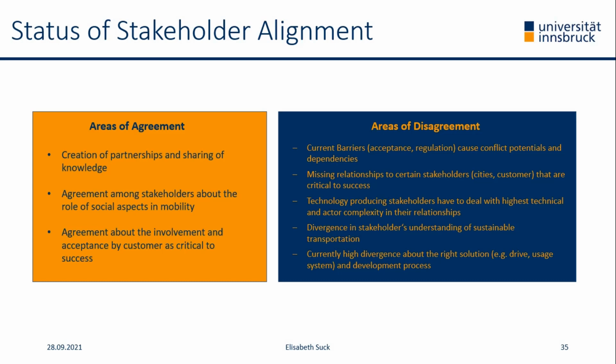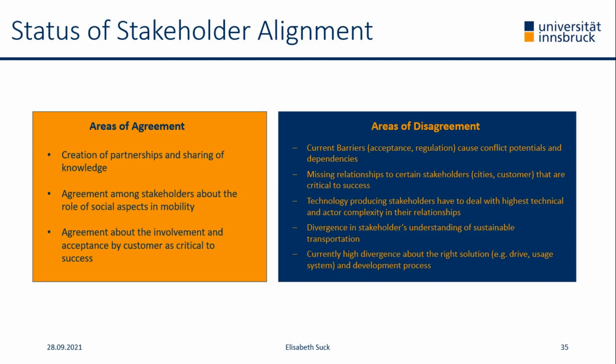Then we have missing relationships to certain stakeholders. This means the cities and especially the customers, because as you just saw, they are evaluated as critical to success. But when it comes to the implementation, they are rather passive and cannot influence the actual implementation or development of